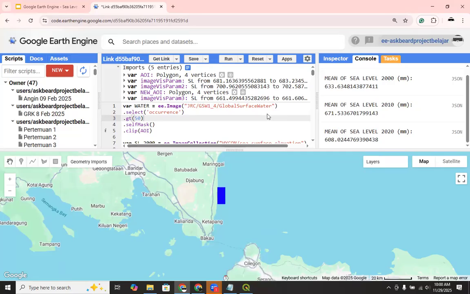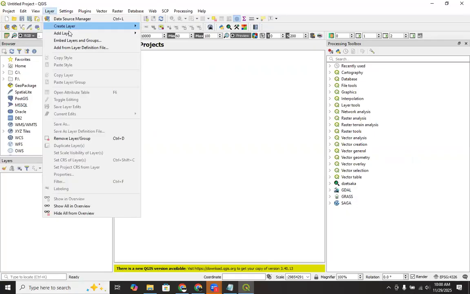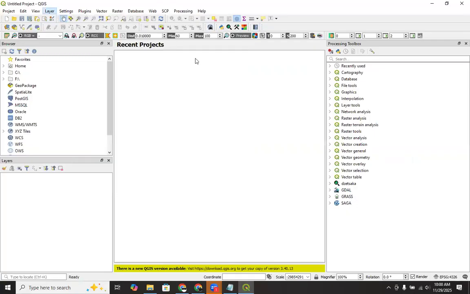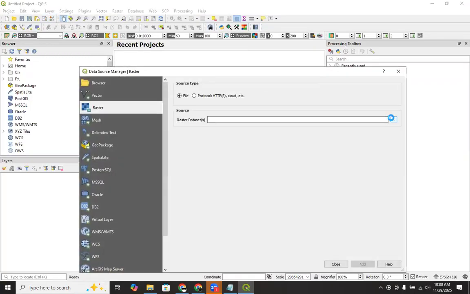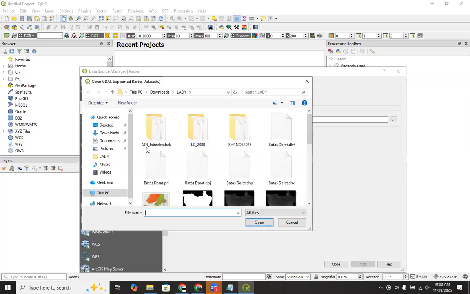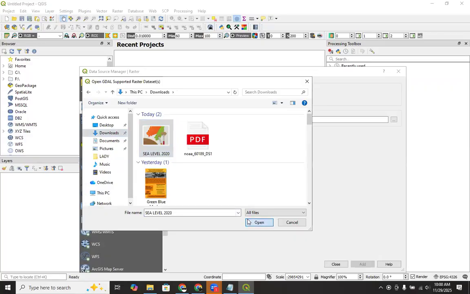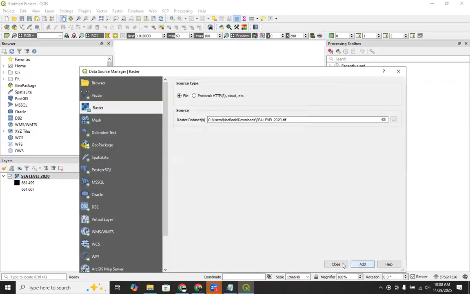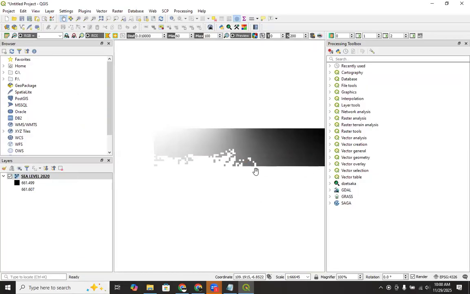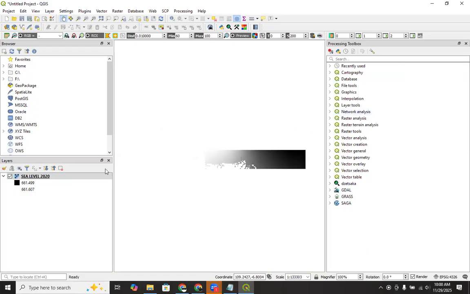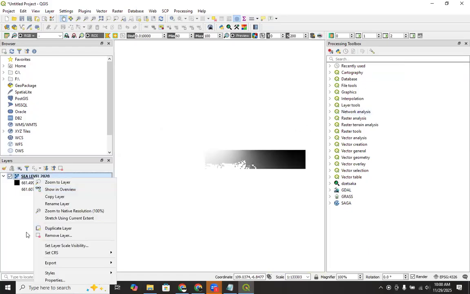The export of the data, the rest of it we've already downloaded. We have to define if you want to use QGIS, this is the result of the data. And it's always in grayscale, not color coded.